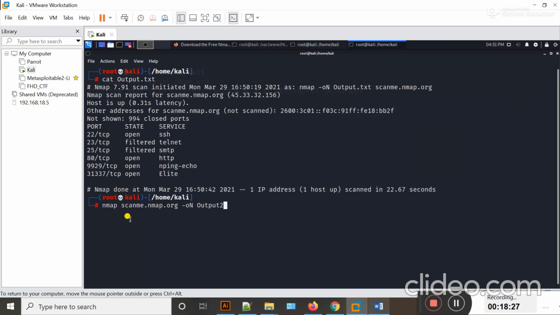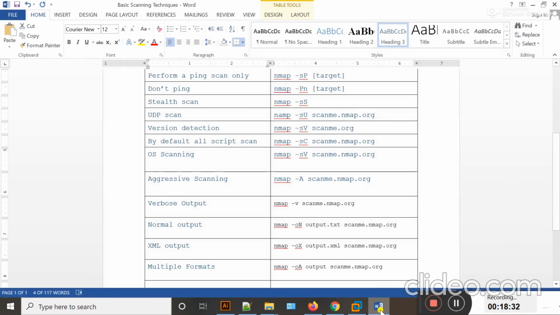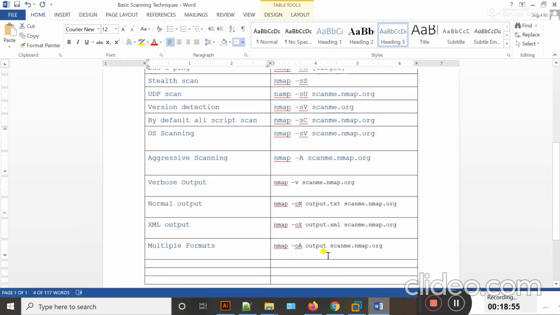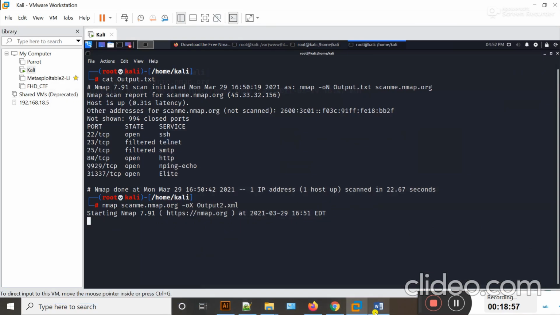I type output2.xml, and then I use the switch -oX, and hit enter. Now this switch will store output in this file in XML format. So you can also store your output in multiple formats. The option is also available if you want to store output.